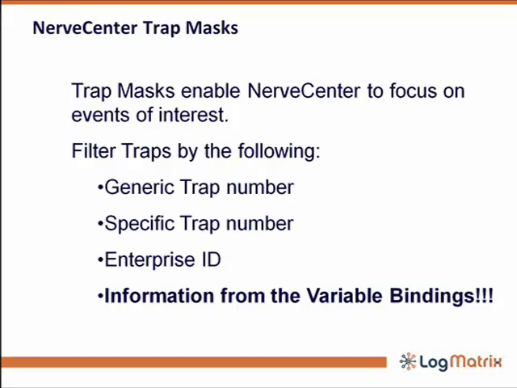Generic traps are 0 through 5. Every device typically emits them in a generic fashion, and there's a list of what they are. I'm sure it's coming up here shortly. I don't remember them offhand, but they're easy to remember. There's also a specific trap number. I could receive a